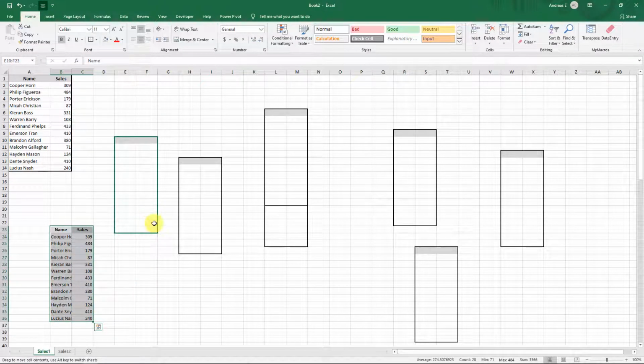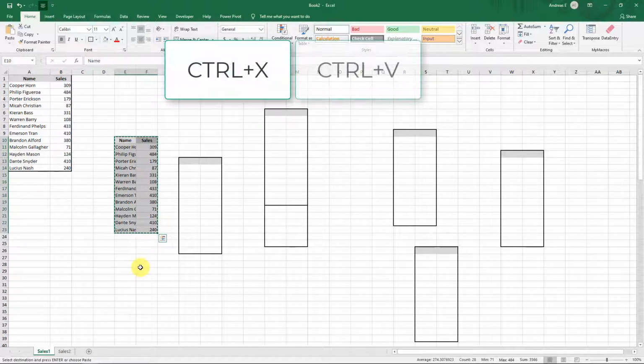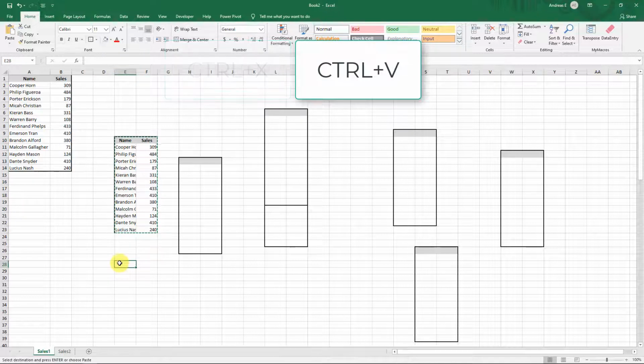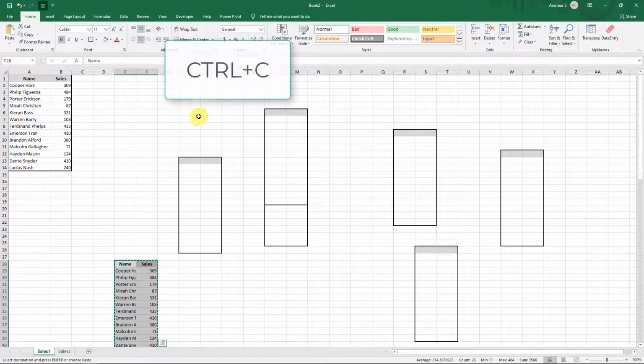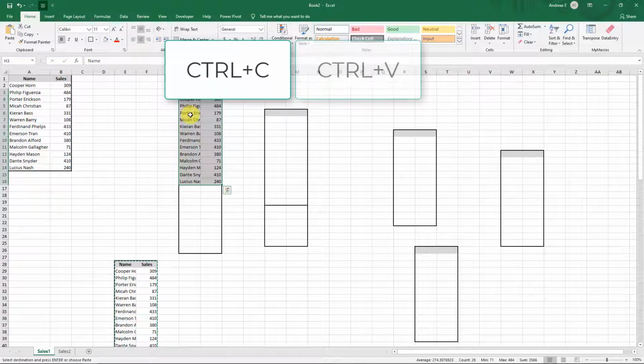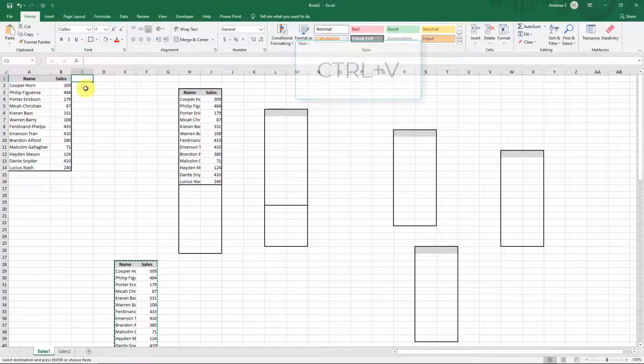If you want to use the keyboard, you can press Ctrl+X and then Ctrl+V to move the data. Similarly, to make copies, we can use Ctrl+C and Ctrl+V for paste. Both these techniques work and save a lot of time.